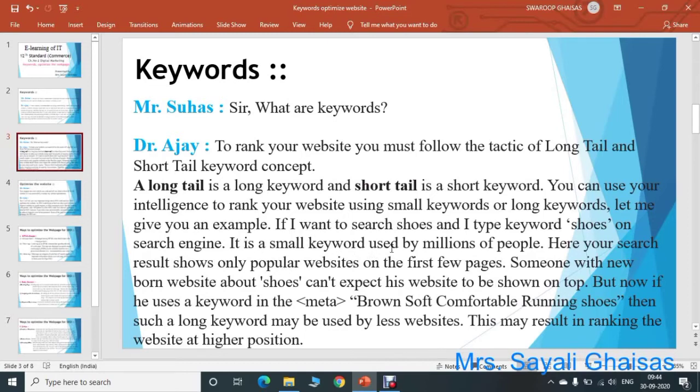So it is a small keyword used by millions of people. Here your search result shows only popular websites on the first few pages. While we are using a small keyword, that is, the user types "shoes" to search for shoes, the result of the search engine will be some of the popular websites in the first few pages. So your page will not be available